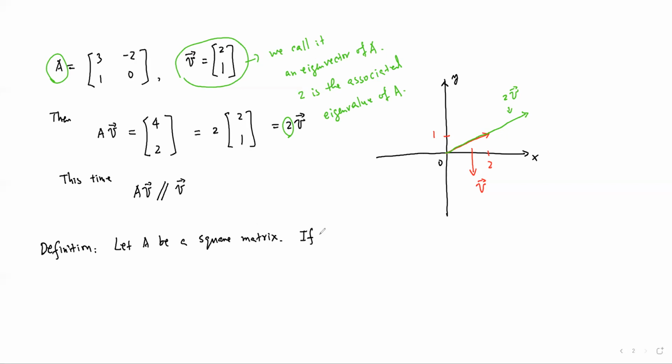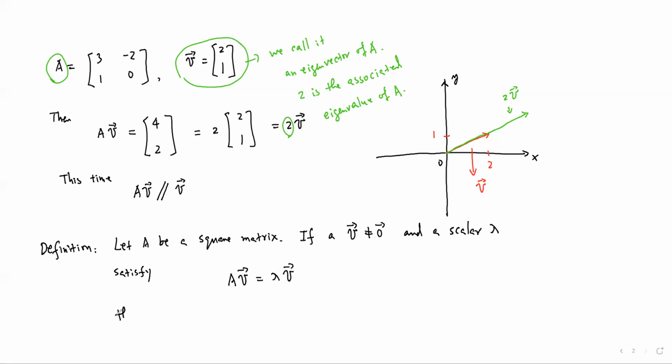If a vector, and let me emphasize that this vector is a non-zero vector, and a scalar lambda satisfy this equation, A times V is lambda times V,